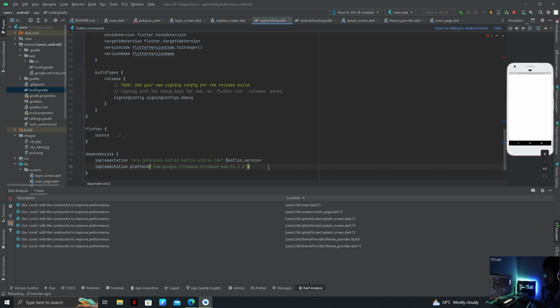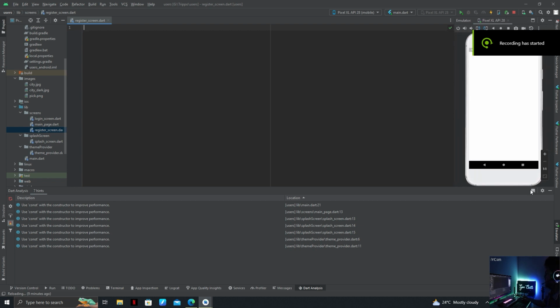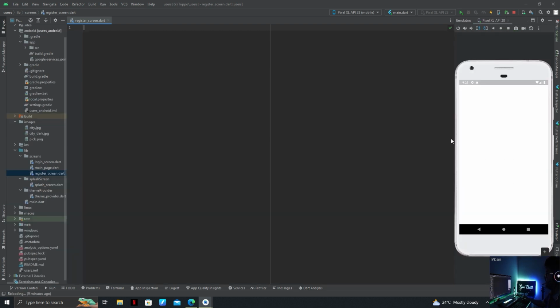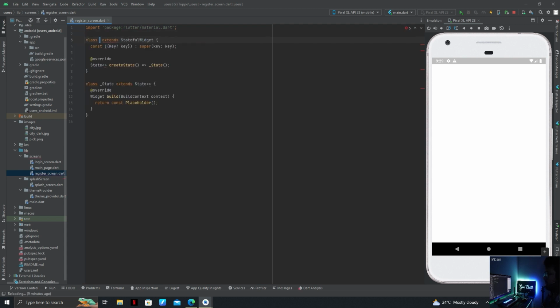So that's it. So now we're going to create our register page, register screen actually. So let's import material.dart, not main page, and I'm going to use stateful widget RegisterScreen,